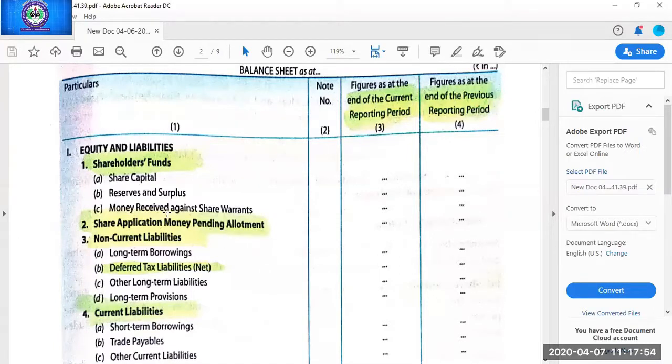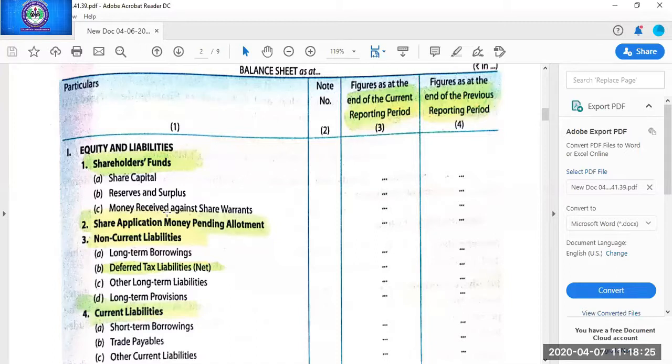But here we'll be doing the complete balance sheet. Remember that this is the complete format of the balance sheet, but some of the heads will not be asked in the question in board, meaning those heads are deleted from your course. So while studying the balance sheet, we will be learning their names, but practically the questions on those heads or subheads will not be there in the exams. Simultaneously, I'll be telling you which heads will not be evaluated in the exams.